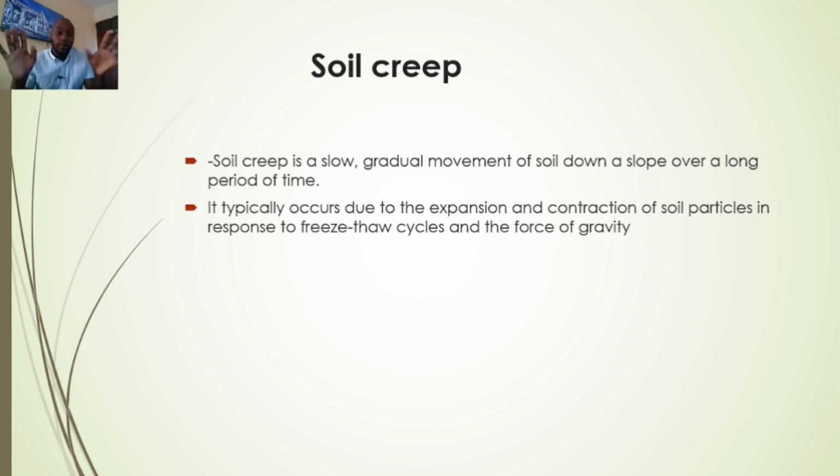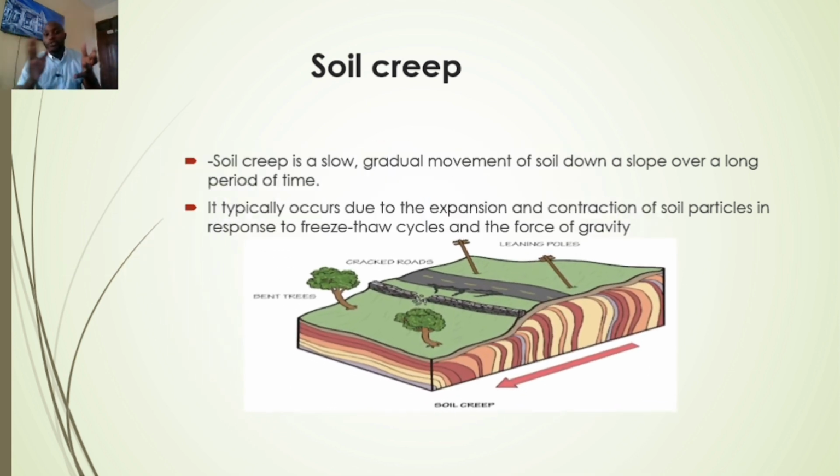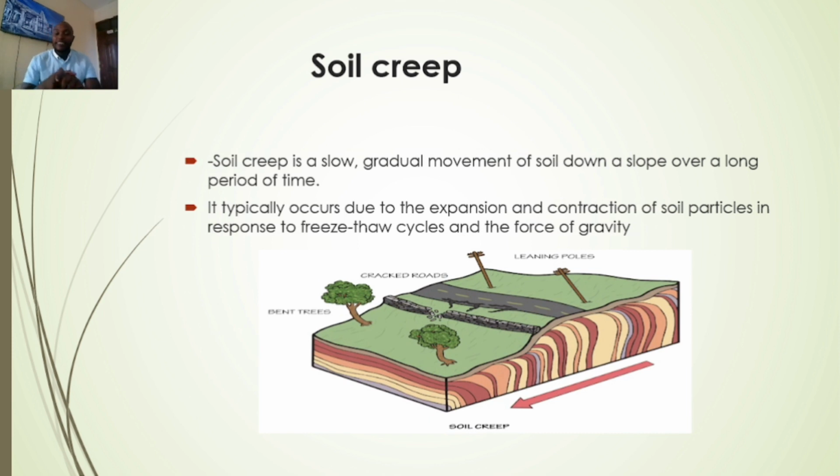You see, so clear like that. So when we talk about soil creep, sometimes you might see some trees bending in such a way, or even the power lines are kind of bending. It is a slow but gradual movement of soil down a slope over a long period of time, maybe due to gravity or the action of temperature, where you have freezing and thawing. This causes rock or even soil particles to move in such a way.